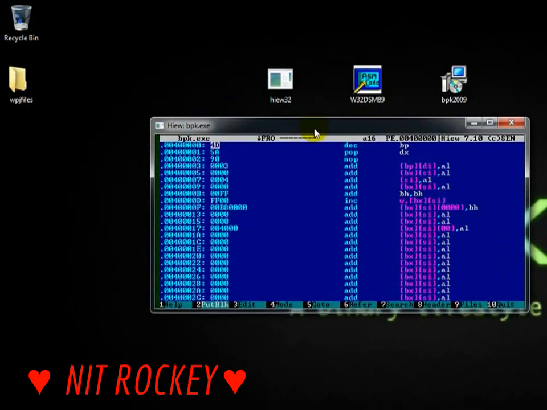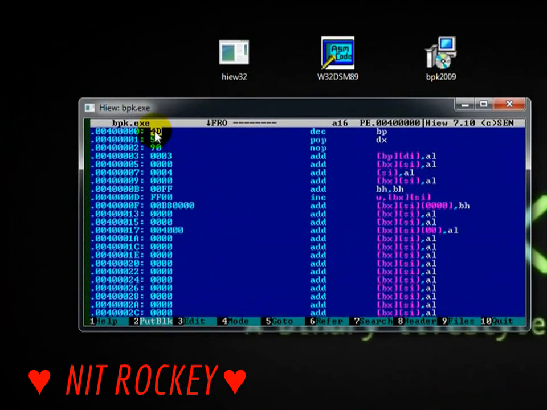Once you've got here, we have to write down the code. Use F5, which is go to, and start with a dot, 00, that number we got earlier,